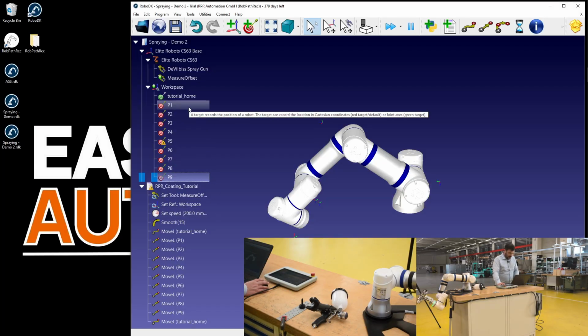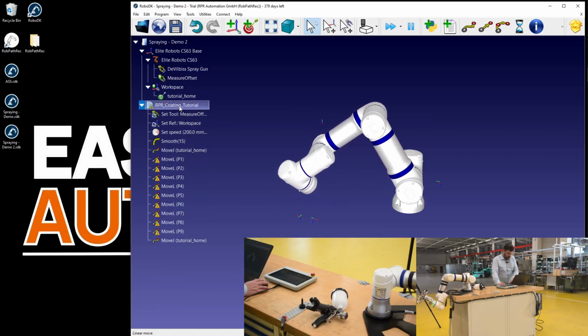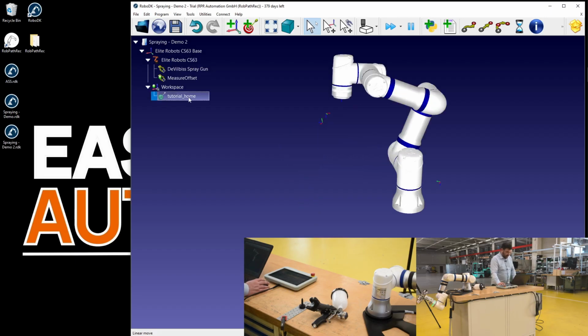Next, we can remove all these points. We can remove the program which we created earlier. We just save the station again.